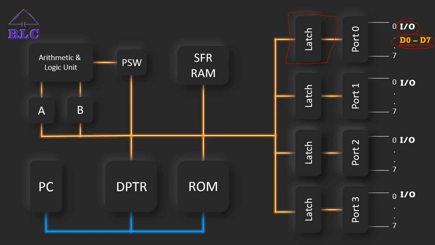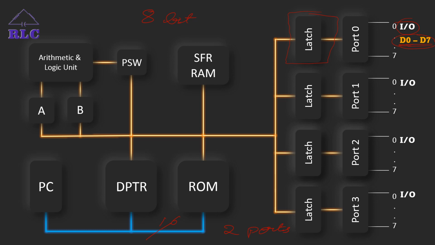Now, it's not that we only take the data from the external memory. First, we need to intimate from which location we need to take the data, so we need to send the address first. To send the address, we require address lines to be connected at the port. We have a 16-bit address line, so we require two different ports, because each port is 8-bit but the address is 16-bit. We require a minimum of two ports.